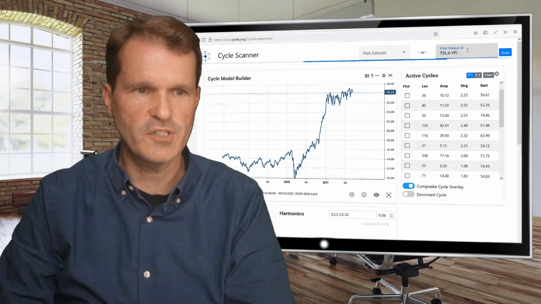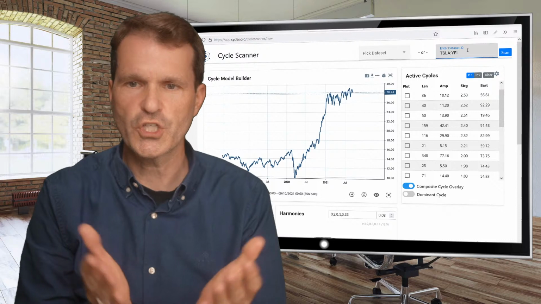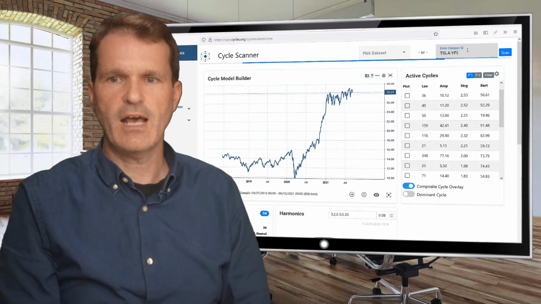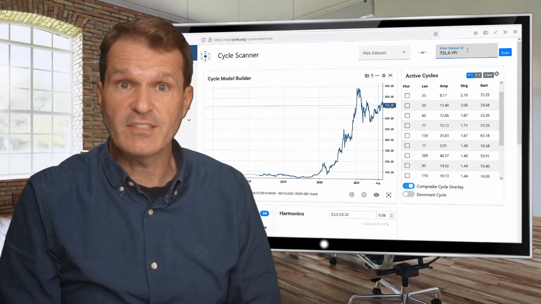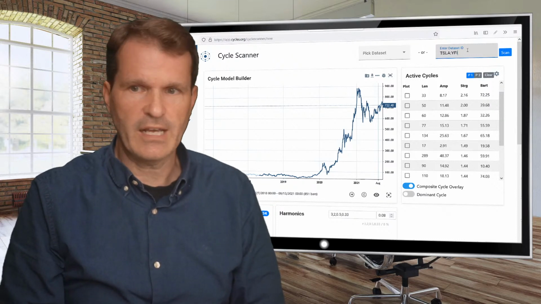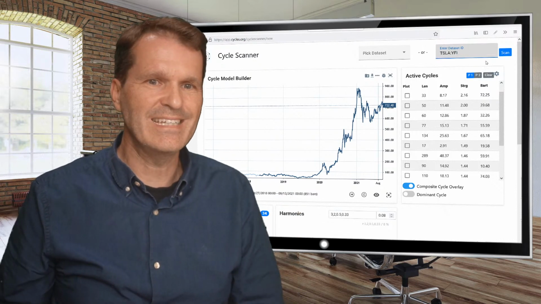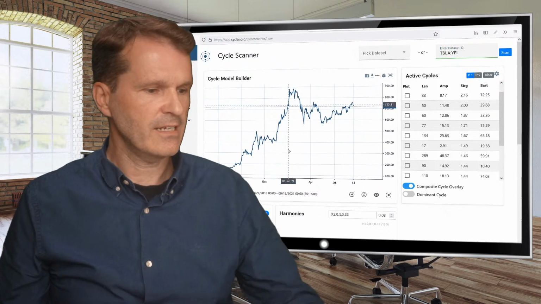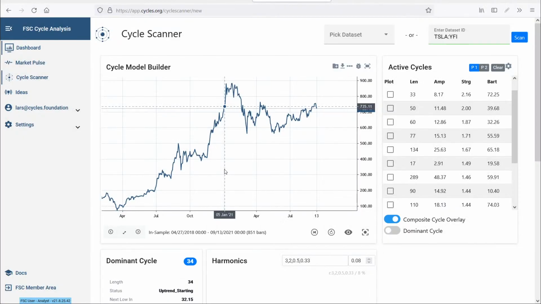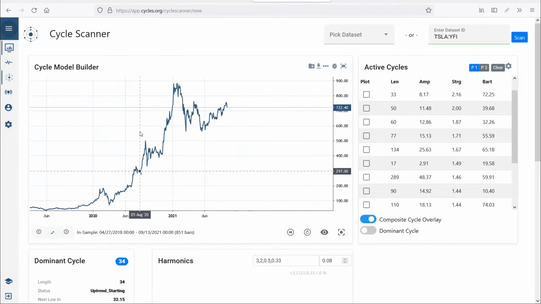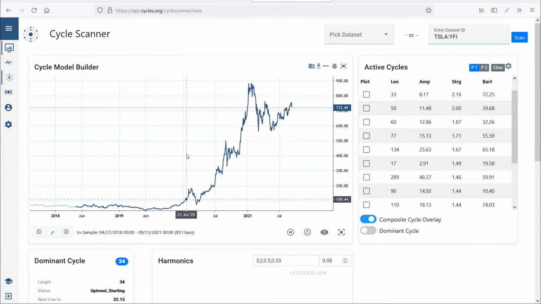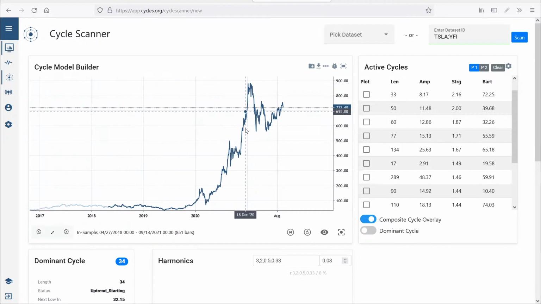I will just use the standard procedure, which every member can do with our cycle analyzer, the basic tool we offer to you for cycle analysis. You can pull up any data set. This is now the daily data set of Tesla that I'm showing here, which brings us to the question: can we identify cycles in this data set, concretely in the current Tesla market behavior?